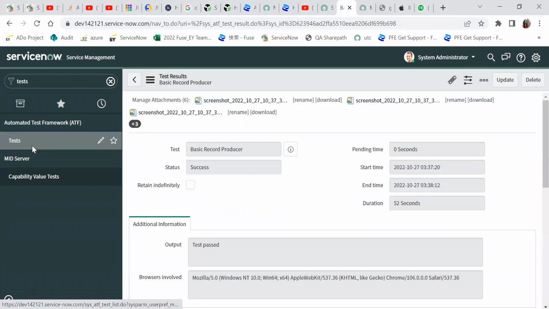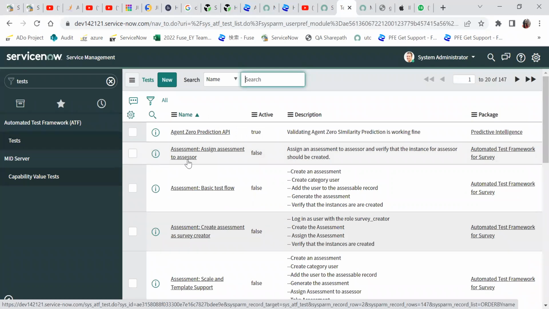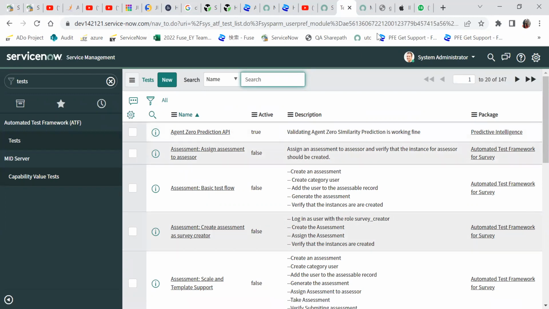If you go to tests under automated test framework, we can see all the tests that are currently present in the system. I just ran one sample test and showed you, first manually, and then how automation works. These tests can also be grouped into suites depending upon the functionality they are testing, and then we can run the suite as well. So there are multiple features in ATF,